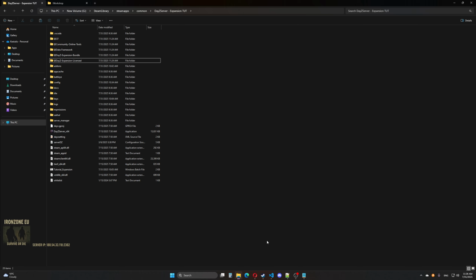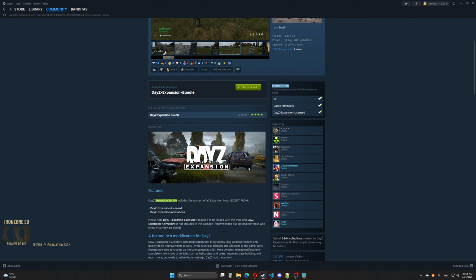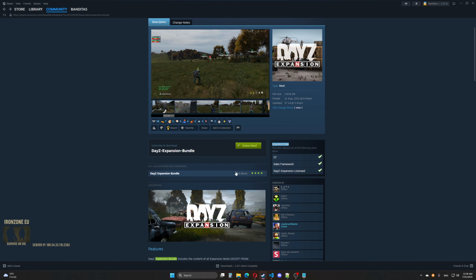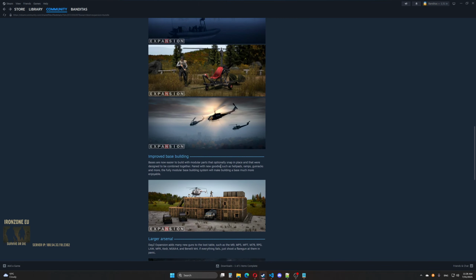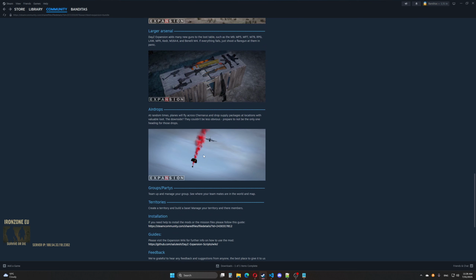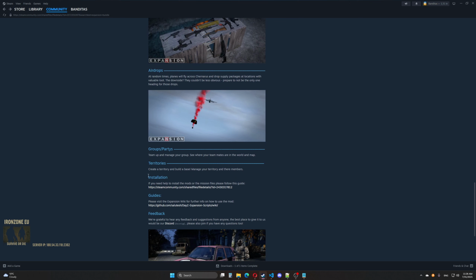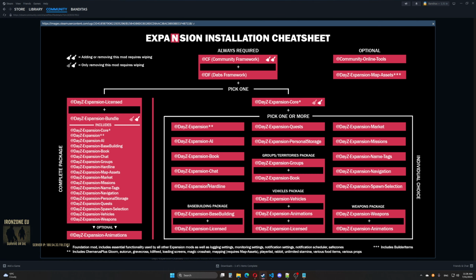So I'm gonna show you, see, here is the bundle. If you scroll down, it has everything it's gonna give you, and it also has installation. You press this one, and here is the sheet. So it depends on what mods you're gonna install, because with the expansion you can use different ones.